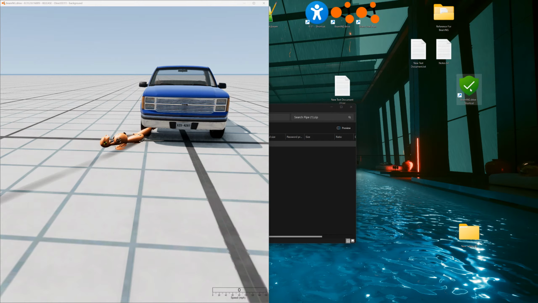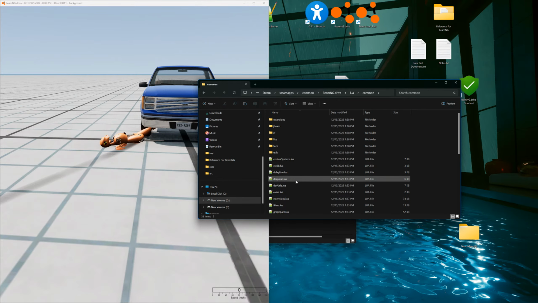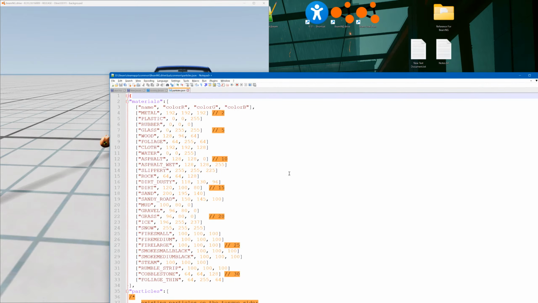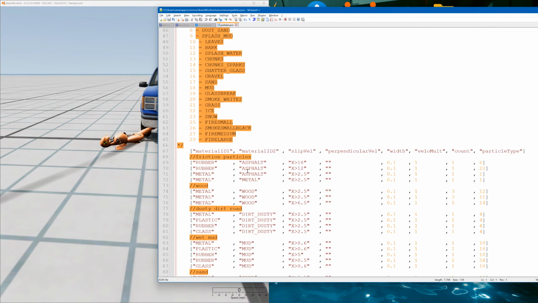So, go to the game's install folder and you'll see a LUA folder. If you open it and go to common, you'll see particles.json, which isn't actually a LUA, but it's in there with the LUA particles. With the LUA files. And if you open it up and scroll down, it'll tell you here